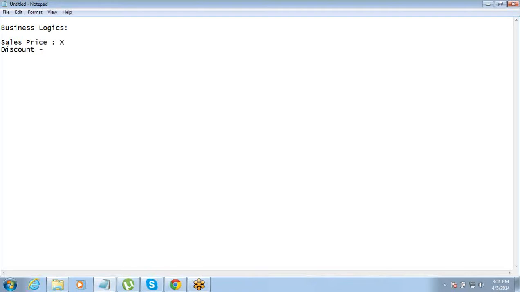Now there can be two scenarios. One, I have a very clearly defined logic for the discount, which can be that the discount is always 10% of the sales price, or in the months January, February and March the discount is 20%, and the rest of the months it's 15%.